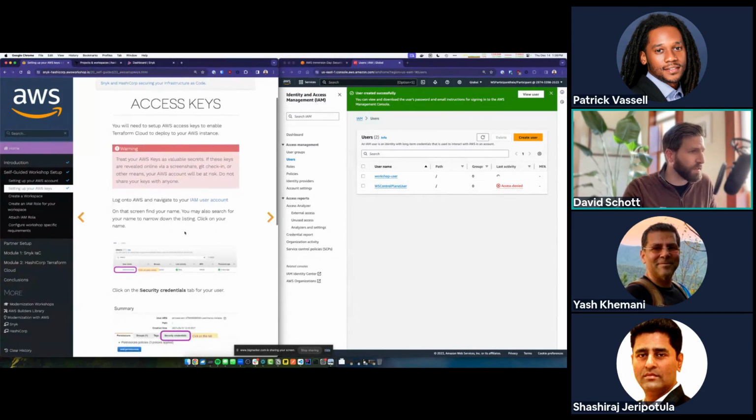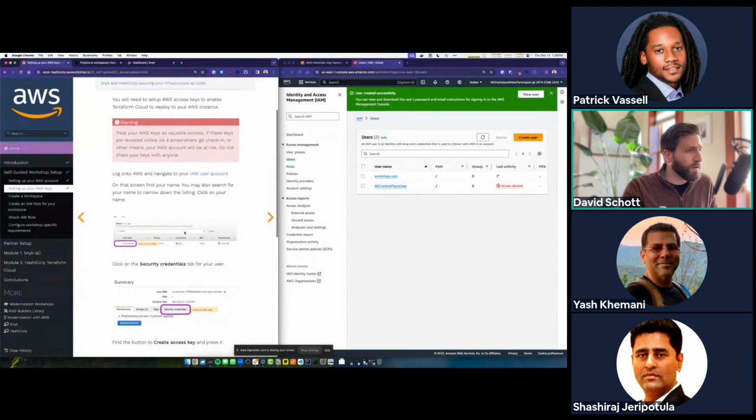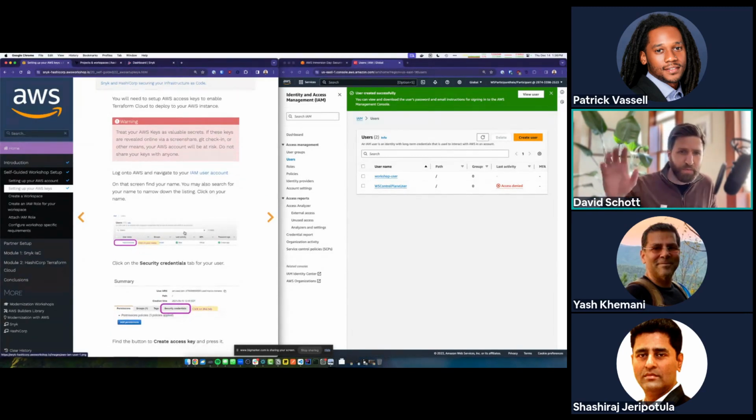And now let's go ahead and move on to the next page and get an AWS access key for this user. If you haven't done it already, go ahead and open up a text notepad, whatever application you like, because we're going to have to copy paste a few security tokens and such into that and use those later.